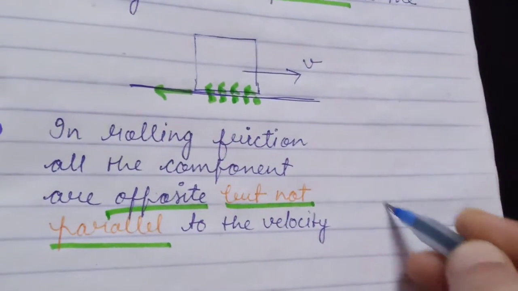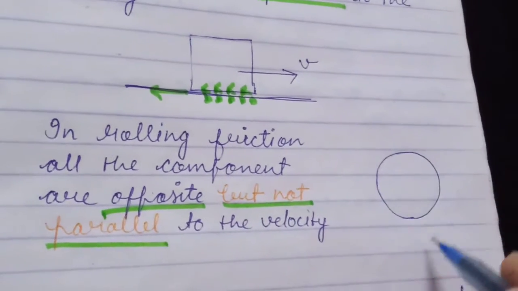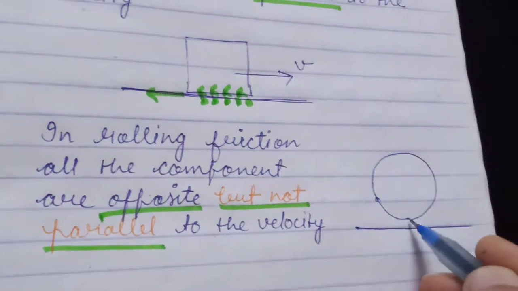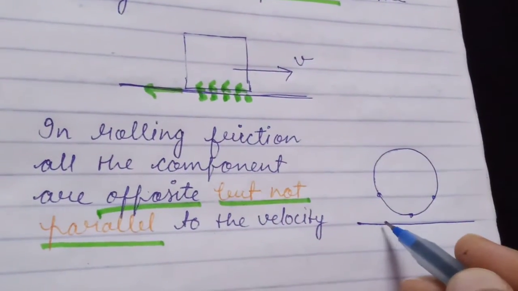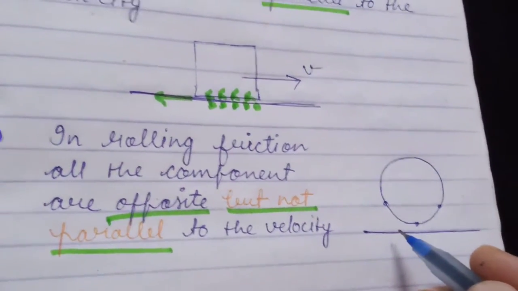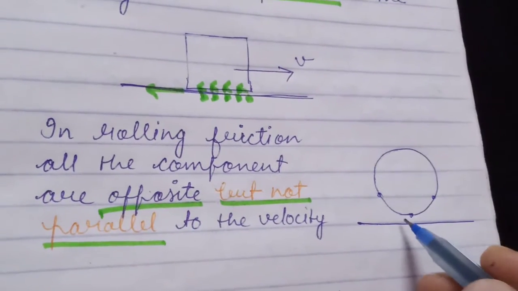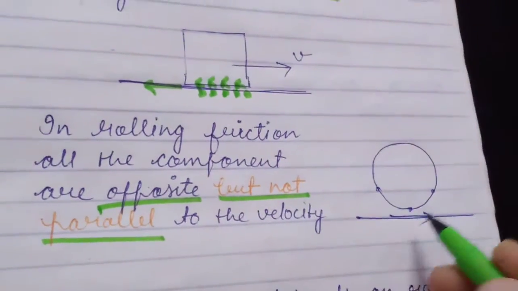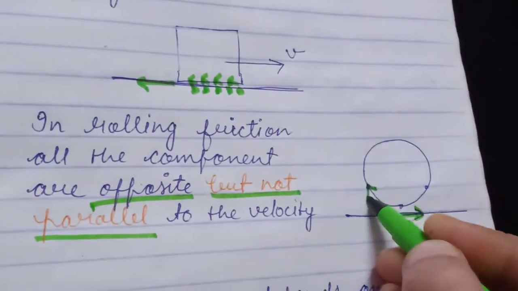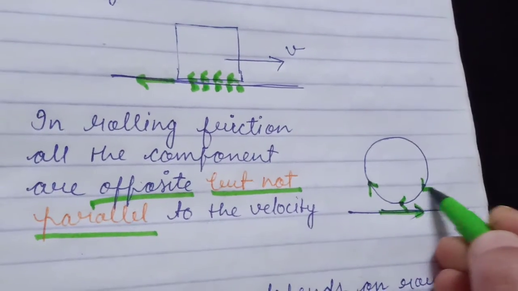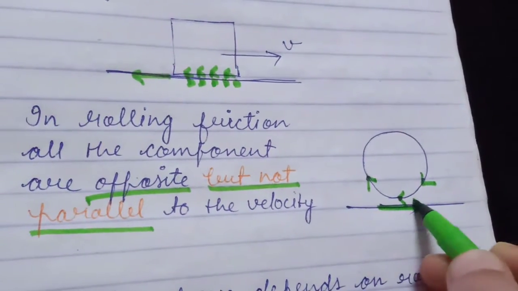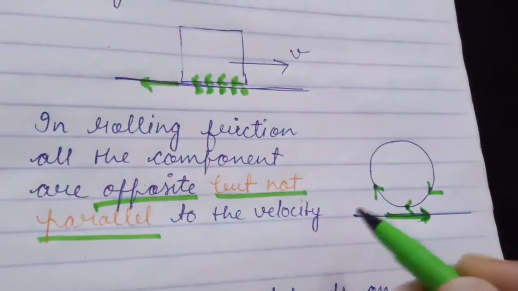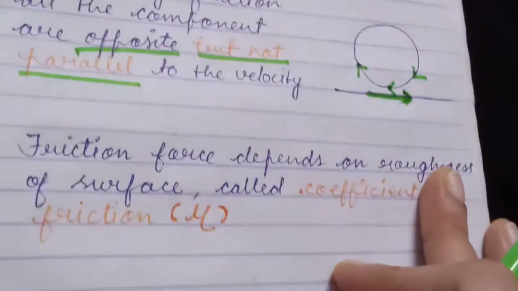Means if there is a wheel and there is a rough surface, the components are these, and the velocity is in this direction, but all components are not parallel to the velocity. They are opposite but not parallel to the velocity. The next point is